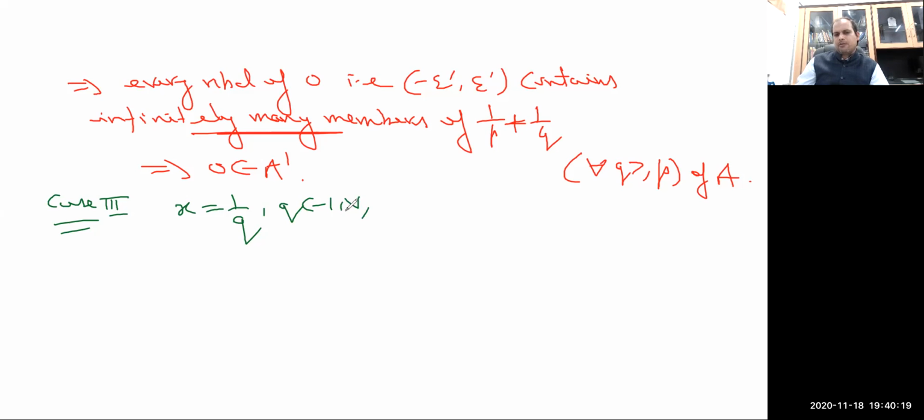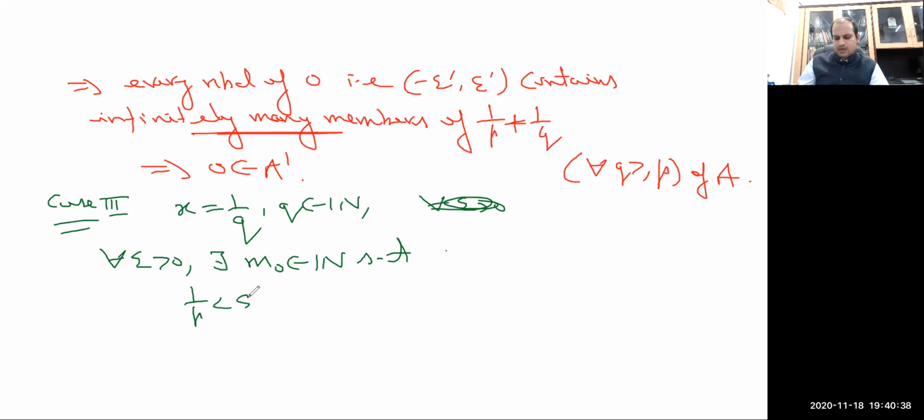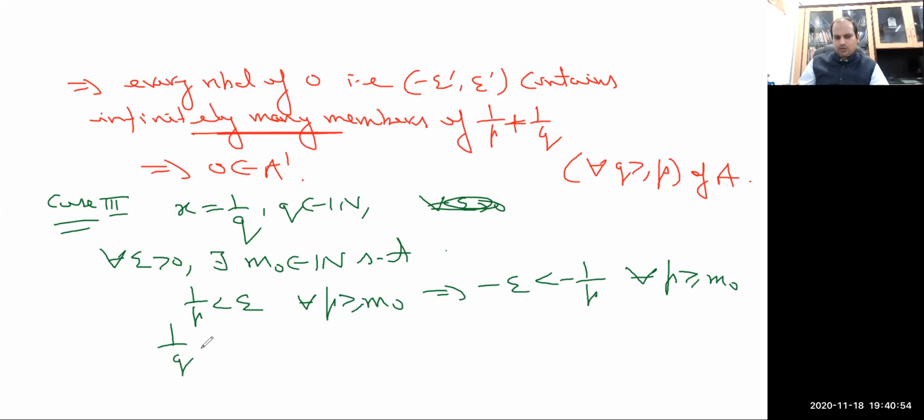So again this can be claimed from Archimedean property of real number that for every epsilon greater than 0 there exists m naught belonging to set of natural numbers such that 1 by p is less than epsilon for every p greater than or equal to this m. This implies that minus epsilon is less than minus 1 by p for every p greater than or equal to m naught. So in general, I can say that 1 by q minus epsilon